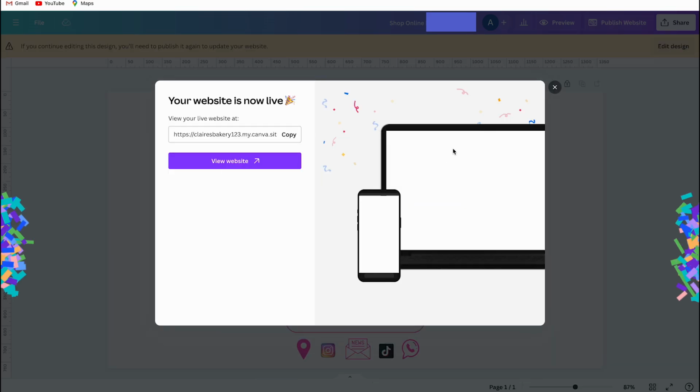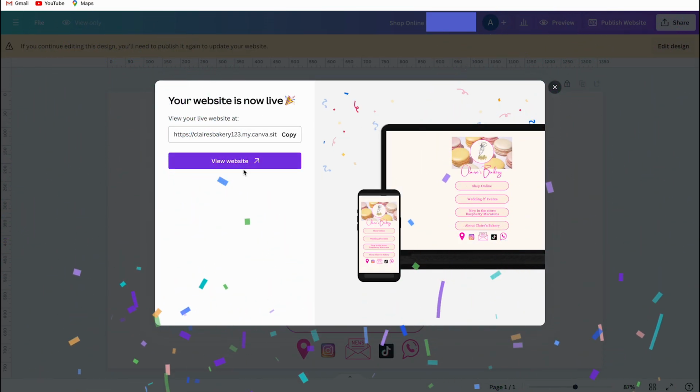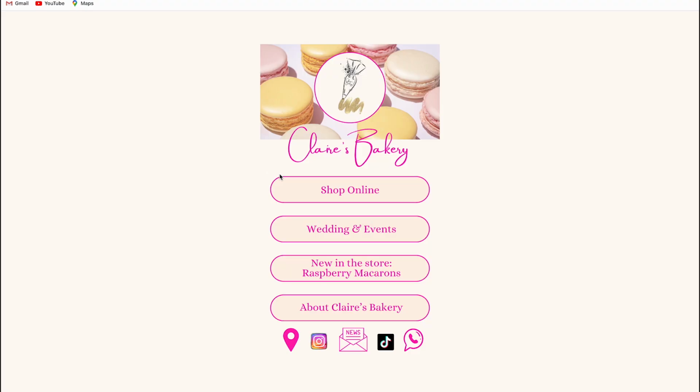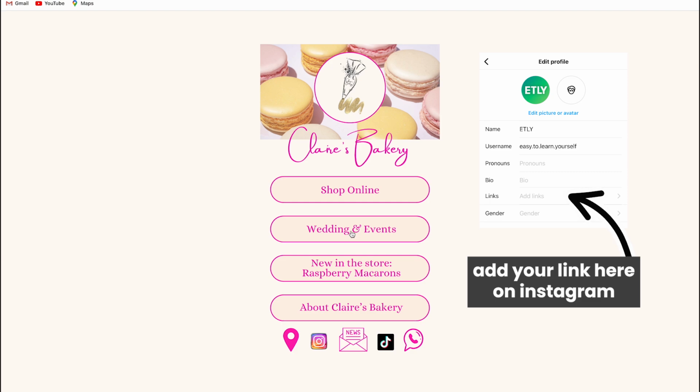Canva is now preparing your design, and I will show you now how it will look like. You can tell if a link is active by hovering your mouse over it. The cursor will then change. Where I haven't added the link, you won't see the cursor change. And then now you have to copy the link of this page. You can add this link directly on your Instagram page or go to a URL shortening service like Bitly to make the link a little bit shorter. Use that shortened link to add to your Instagram bio, and now you have created your own link in bio page.